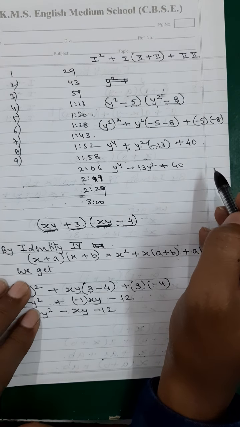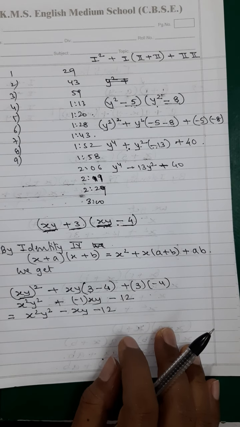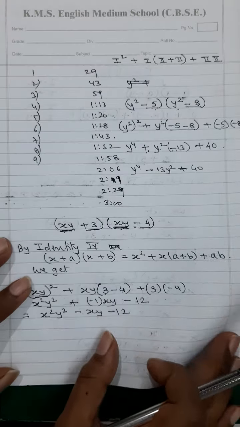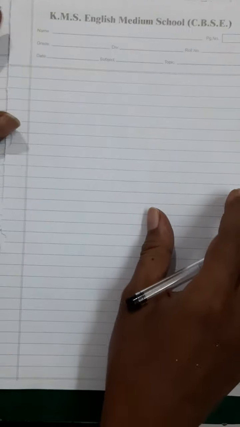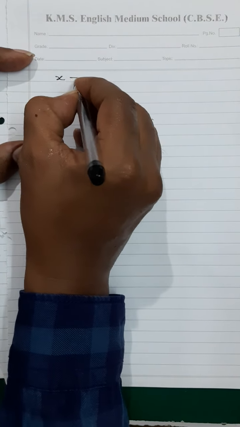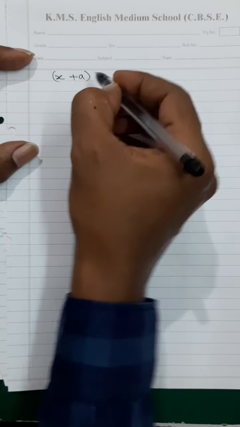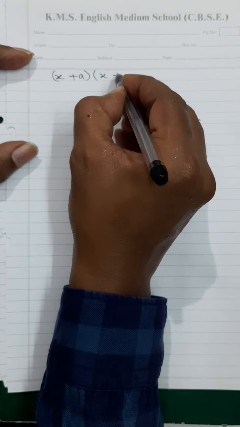Okay, my dear students. So this is one identity that you have to understand, and then you have got one more identity I'd like to explain to you with this, so that we will be able to solve question number 1. What does the other identity demand? See, the other identity here, in this identity, what we have got is that x plus a into x plus minus b. Here the combination of signs can be anything. This is the fourth identity.